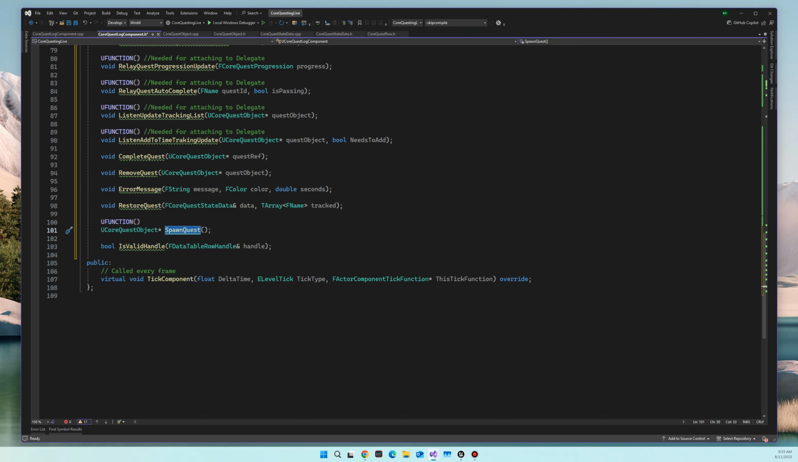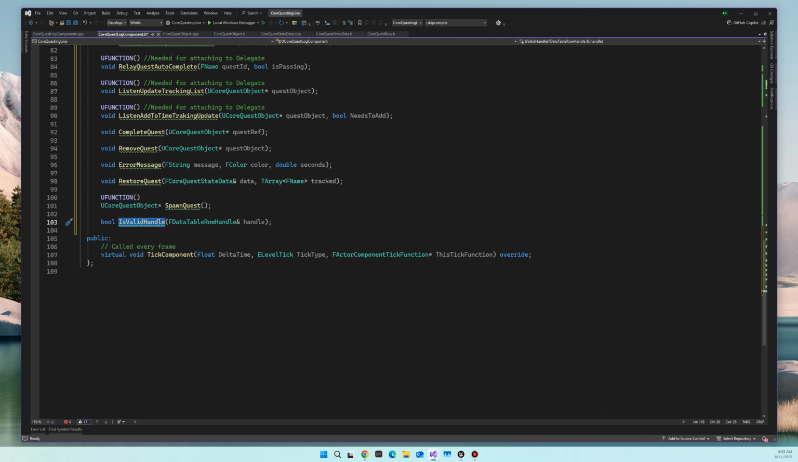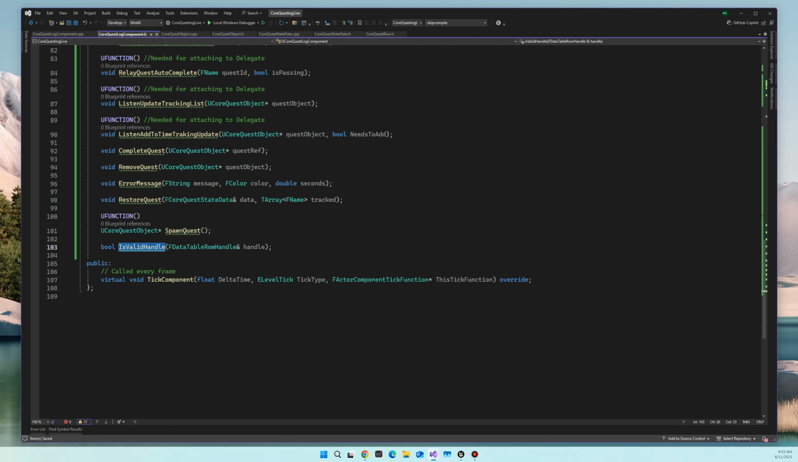Spawn quest, this is just how we create that active quest and put it into Unreal Engine's memory table. And then we have an is valid handle, and this just checks to make sure that this is a valid handle, which is pointing to a valid table, since we'll be working a lot with row handles. All right,